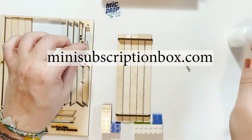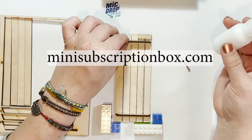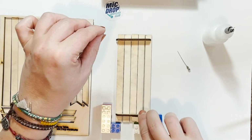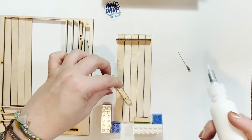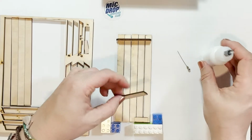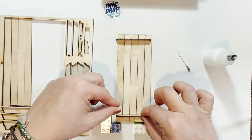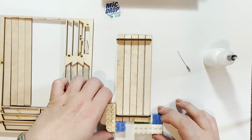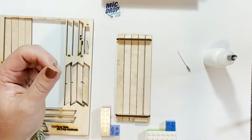Okay, so for here I'm going to use F, and I'm just going to use F for a spacer to make sure that each side is evenly spaced. So I'm going to glue the bottoms and then put them into place. Again, making sure that the dots are on the outside. Okay, so we're going to glue those into place, making sure that they're square, and you're going to want to